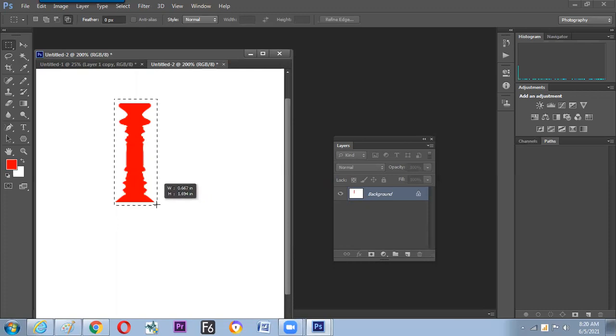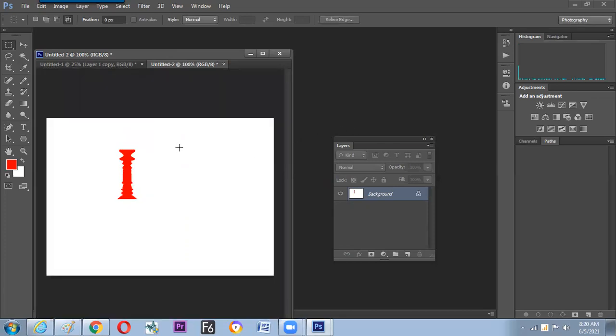So here we have seen how to make a symmetrical design, and it could be a pattern also. So you can make that as a pattern and get it placed on your screen. By control backspace, you can fill the background color.